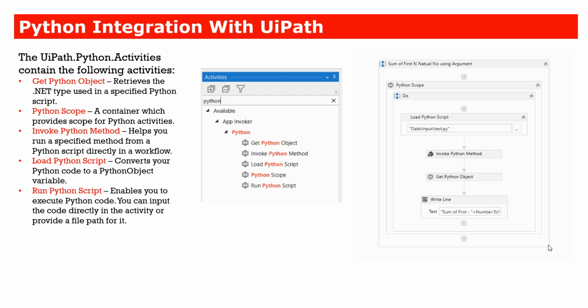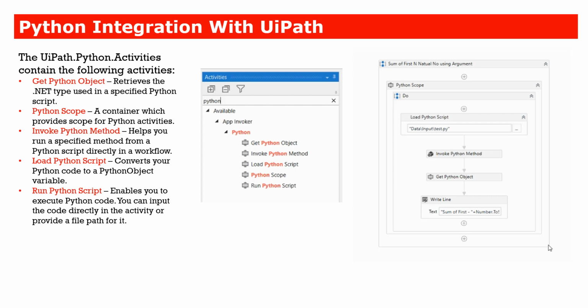Similarly, if you are talking about employee integration, we could have create employee, delete employee, create employee email address, create employee VM, and all those kinds of things. So you need to give two things when you are using Invoke Python Method. First, which Python object you are going to run, and then inside that Python object, which method you are going to use.